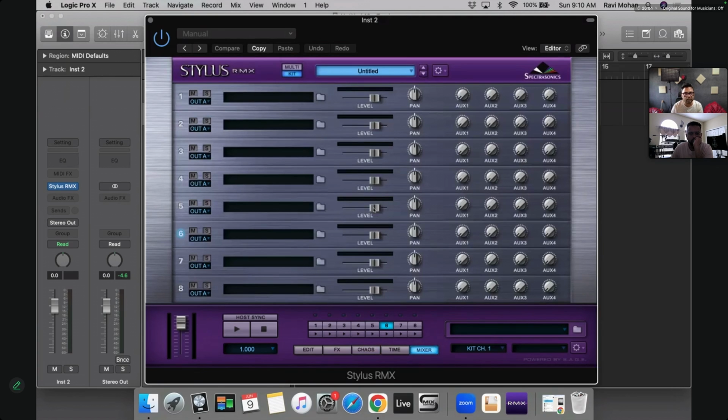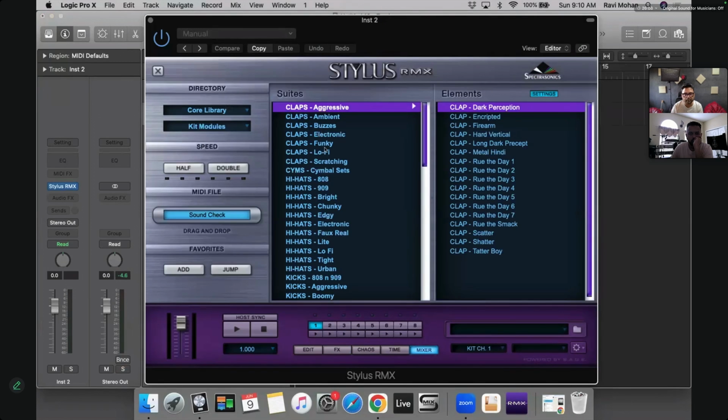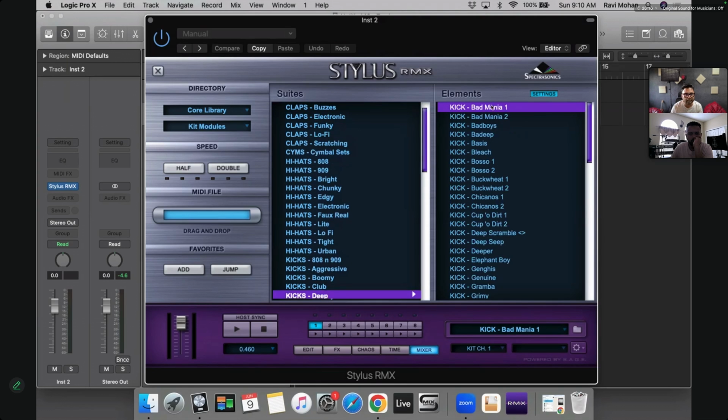So for the kit mode, we can populate it; say we want to make a drum sound. We want a kick, and let's say a deep kick. Now if you trigger your keyboard, can you just trigger the keyboard? Let me plug it in. I didn't have it, but I can quickly.